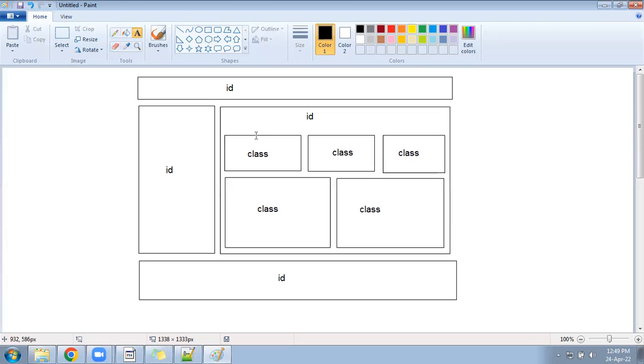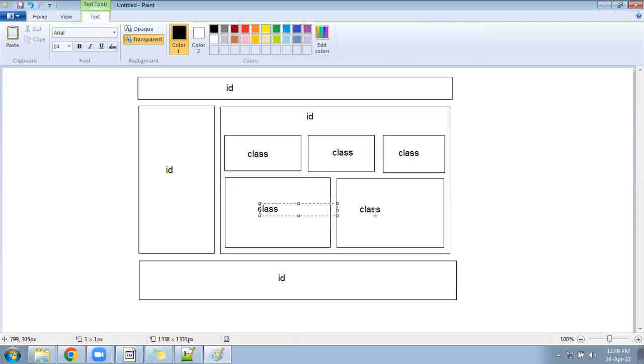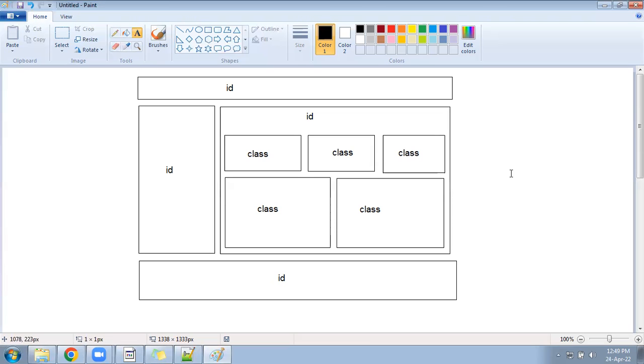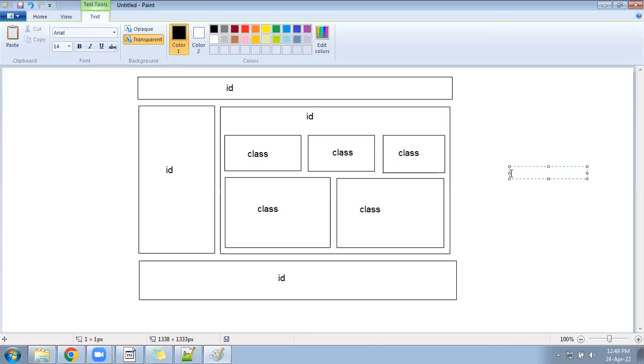So in this page, you have to create multiple IDs. First one ID as a header, next one ID as a left block, next ID called bottom block, one more ID right block. Under the right block ID, you have the 3 classes. You will write class 1 three times. Class 2, you will write 2 times. So remember this theory: in one page, if one type of design is required only one time,